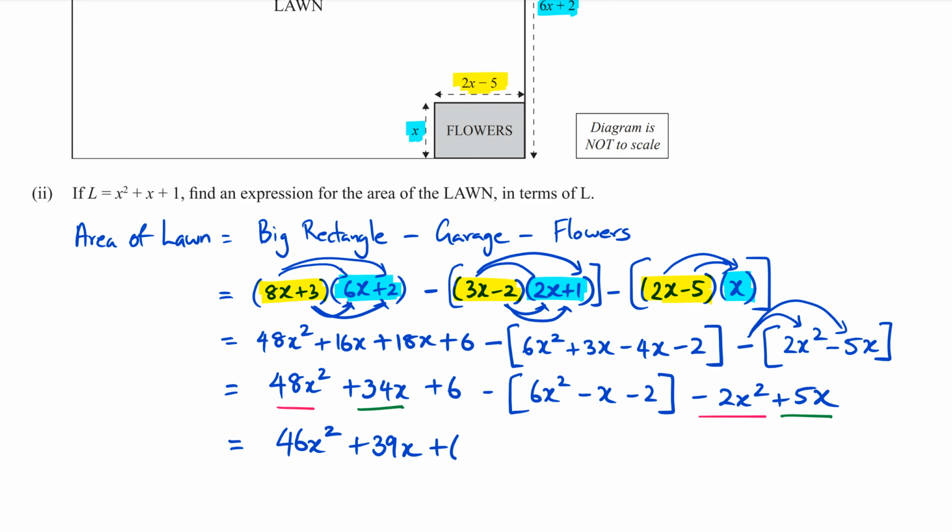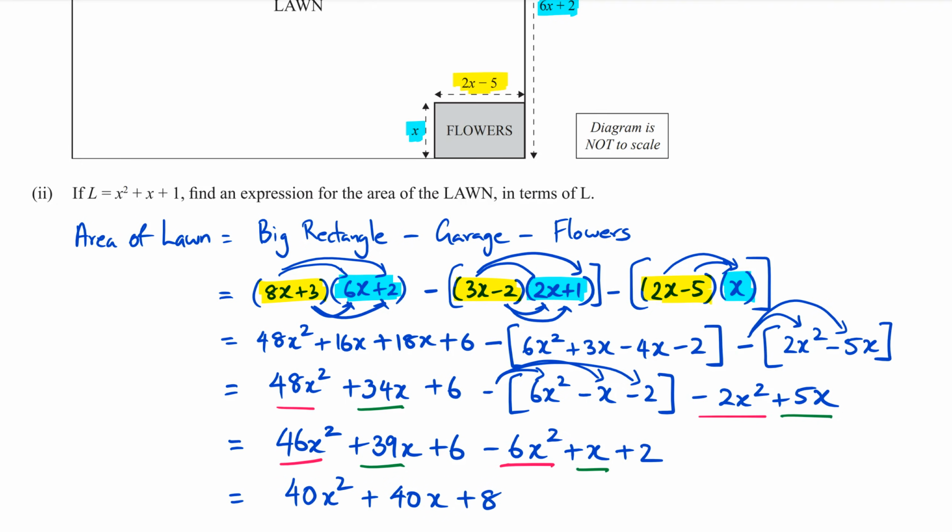The 6 stays as it is. Then I've got negative times 6x squared, which is negative 6x squared. Negative times negative x is plus x. Negative times negative 2 is plus 2. So simplifying this further, I get 40x squared, because I've got my x squareds there and there, which is 40. Then I've got 39x and x, which makes 40x